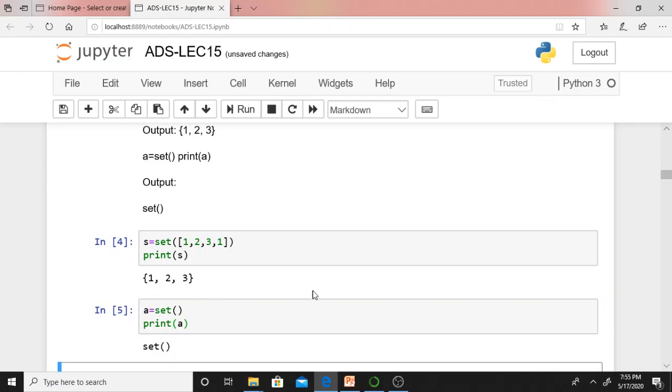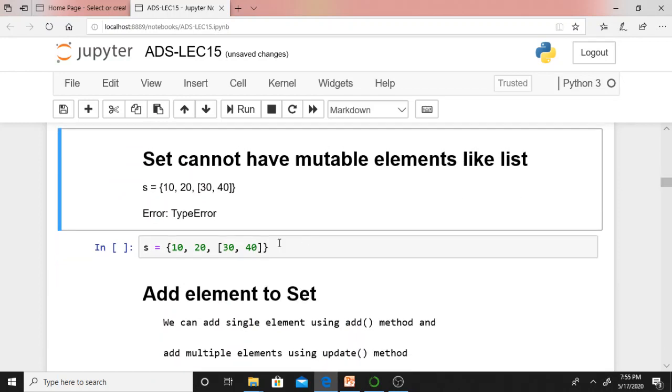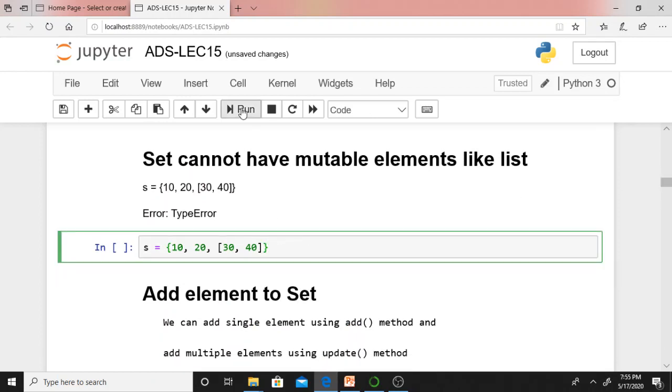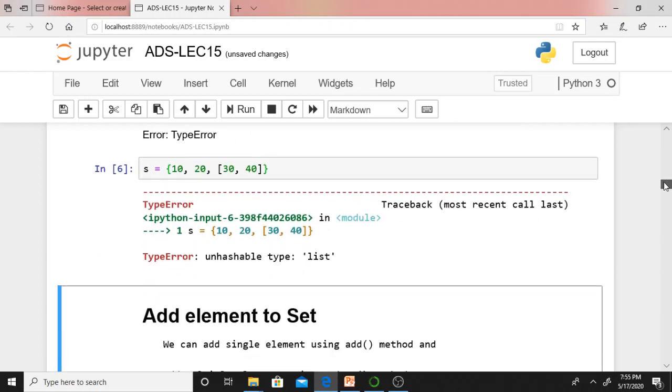A equal to set with empty parentheses will create an empty set, isn't it? Here, just see, I cannot keep a list as an element of a set. What's the reason? Set elements are immutable. This is a list, I cannot keep a list. That's why it's giving a type error. You cannot keep a list as an element of a set.